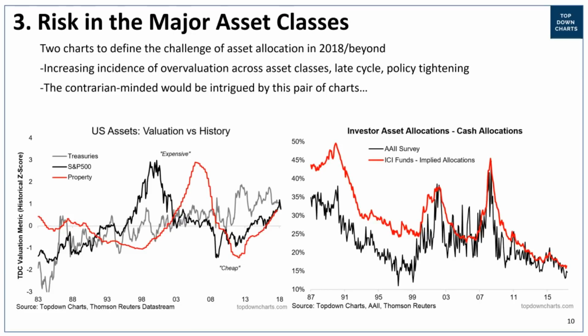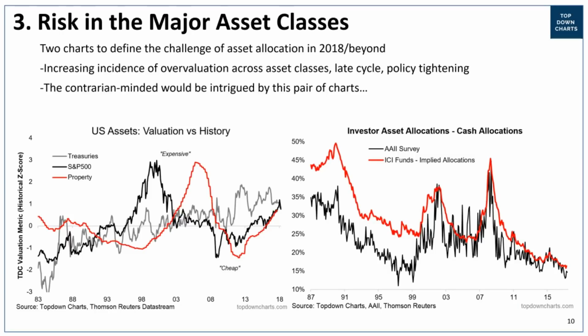Now, commodities are still on the cheap side, but I don't think that now is necessarily the time tactically to be hiding in commodities. Well, I don't know that you can actually hide in commodities from this sort of valuation backdrop. But anyway, looking at its companion chart, the one that shows cash allocations for